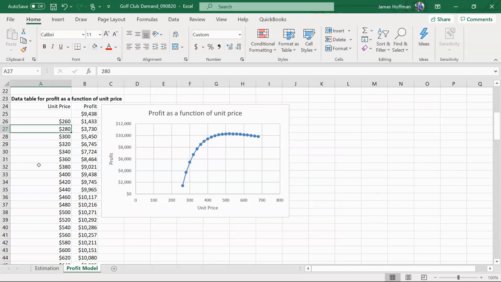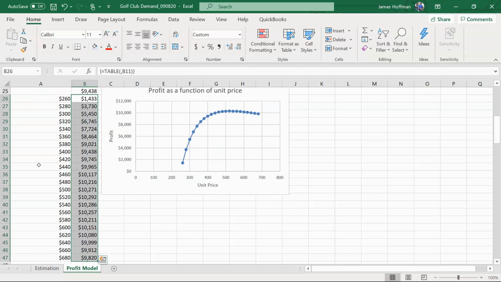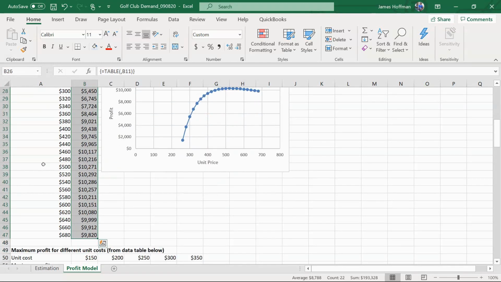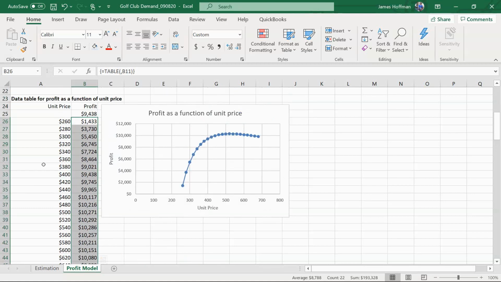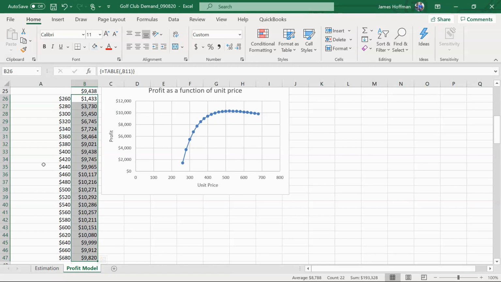Okay, so it might be hard to see that, but we can use the conditional formatting tools. The last part of step 11 is to find the highest profit, and then we'll find the unit price. So if you want to select this area, B26 to B47, okay? And then I think we've done this before, but if you're on the Home tab, if you click on Conditional Formatting,